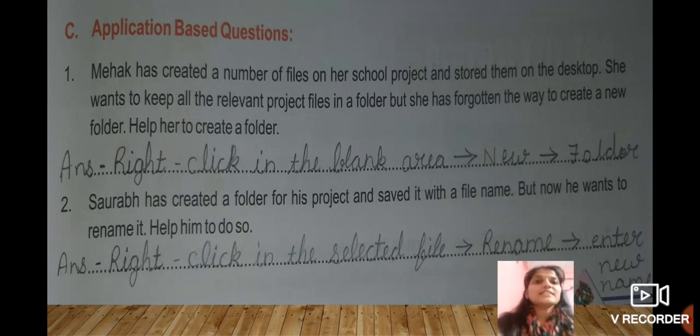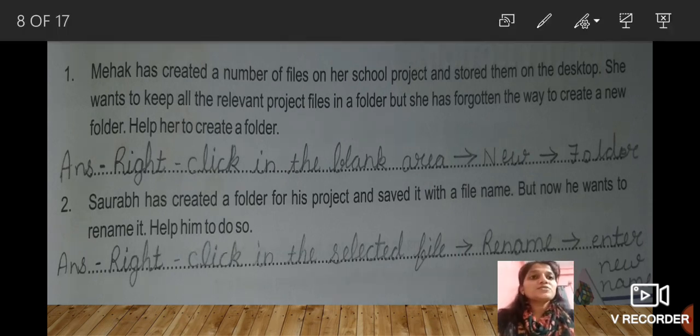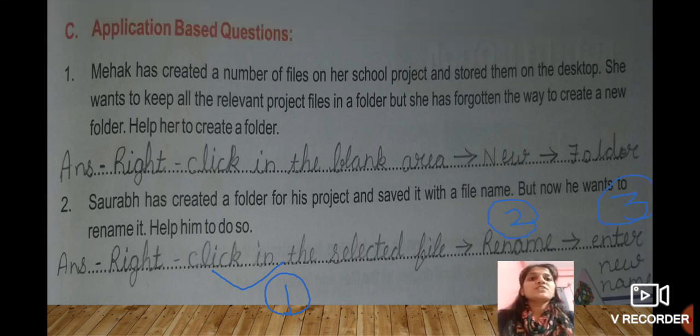So here we can see that there are again three steps of renaming a folder. This one is first step, this one is second step, and this is last step. So what is first step, student?